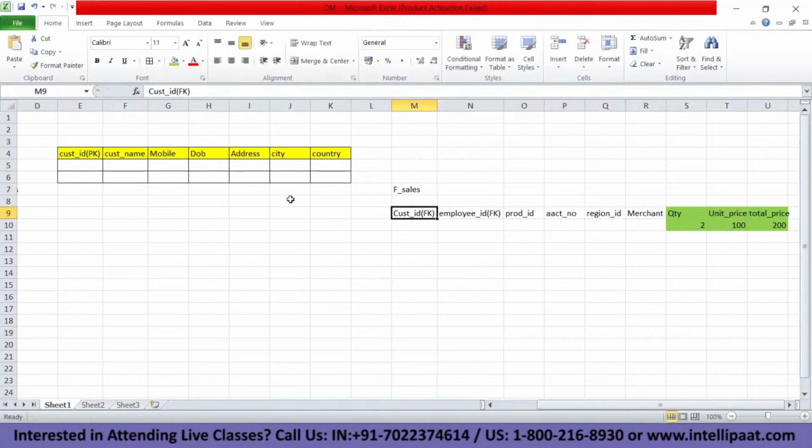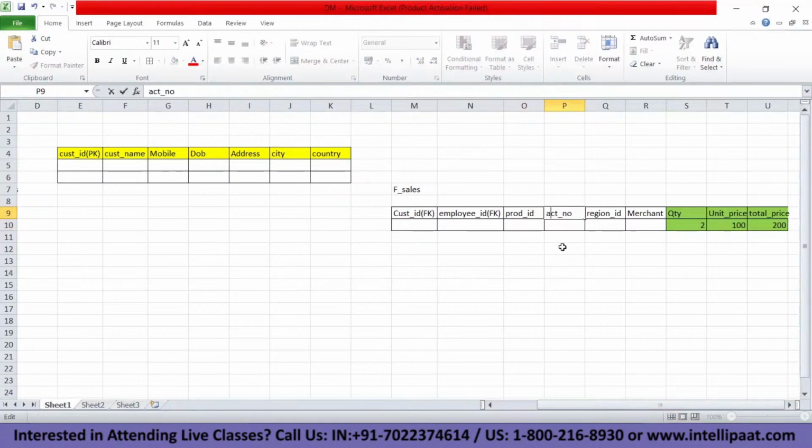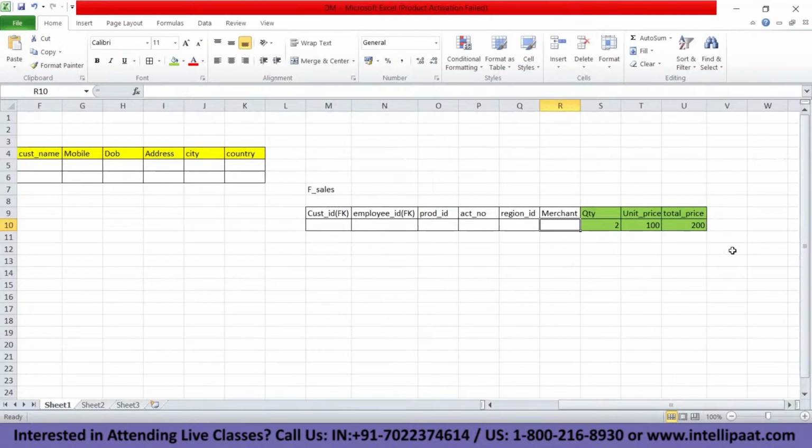The fact table is derived from the dimension tables, so we will not keep all the customer information here. We will just keep the customer ID, which employee helped with the purchase, which product has been purchased, which account number, which region ID, and which merchant ID, all those. After that, if I want to get the total sales for the day,